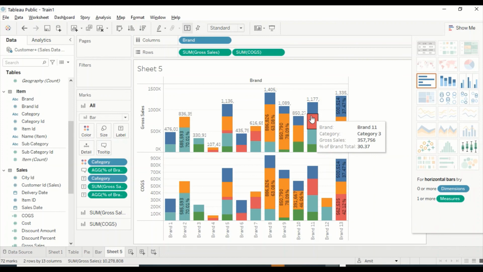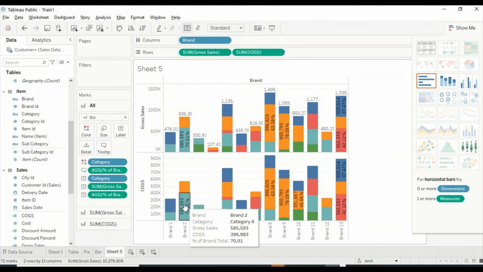And remember we have done this thing. So still, in this visual also you see the percentage of brand total which is coming as a measure from there, and for the COGS, we have to do certain modification to make it work together. But yes, you can see two measures, and then individually we have to go and do certain kind of modification.